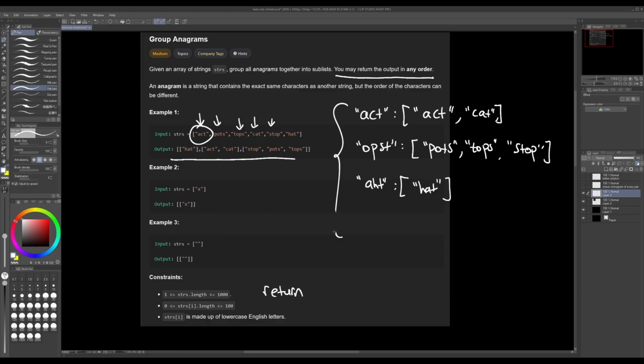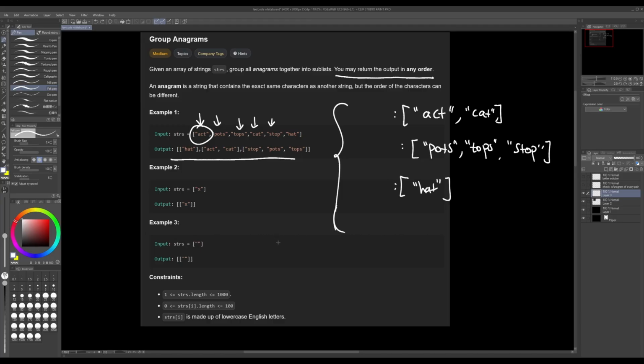Now, the problem is we can't just get rid of these keys and put a hash map. This wouldn't work. Why wouldn't it work? Well, that's because hash maps are mutable. And because hash maps are mutable, they cannot be keys for a dictionary. That's because, let's have a look at a case where we try. This is going to be a little bit of a tangent, but I think this is important for your computer science understanding. Say we lived in a world where we are able to use